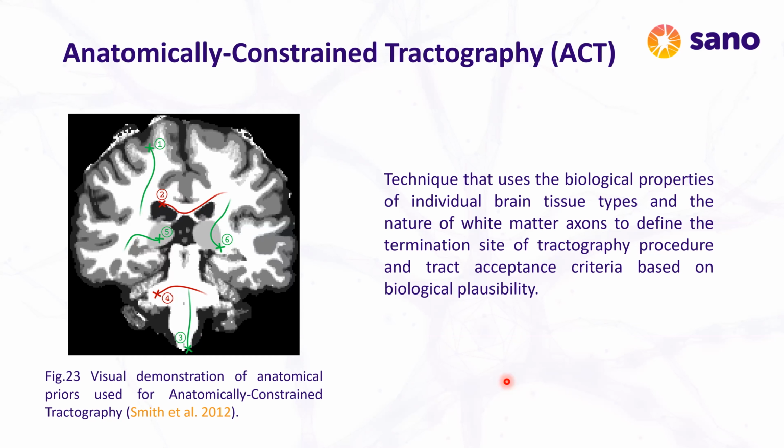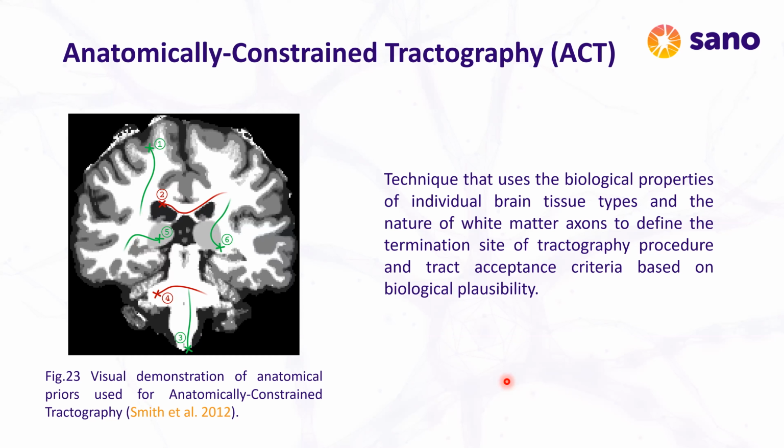Anatomically constrained tractography is the method that enables more effective use of the information provided by segmentation of anatomical data. Instead of defining only a binary mask, the biological properties of individual brain tissue types and the nature of white matter axons are used to define the termination site of the tractography procedure and tract acceptance criteria based on